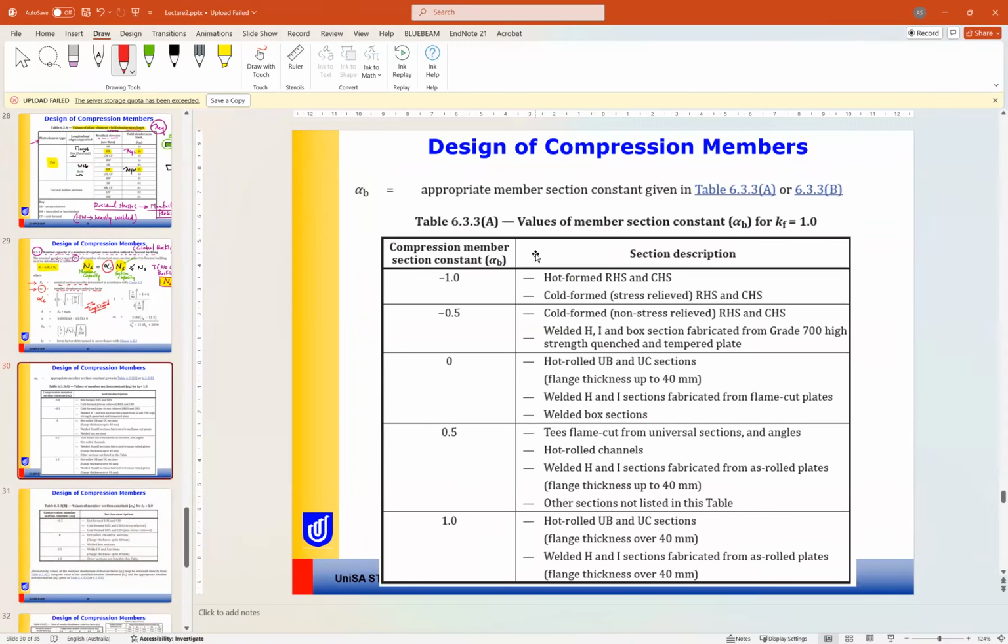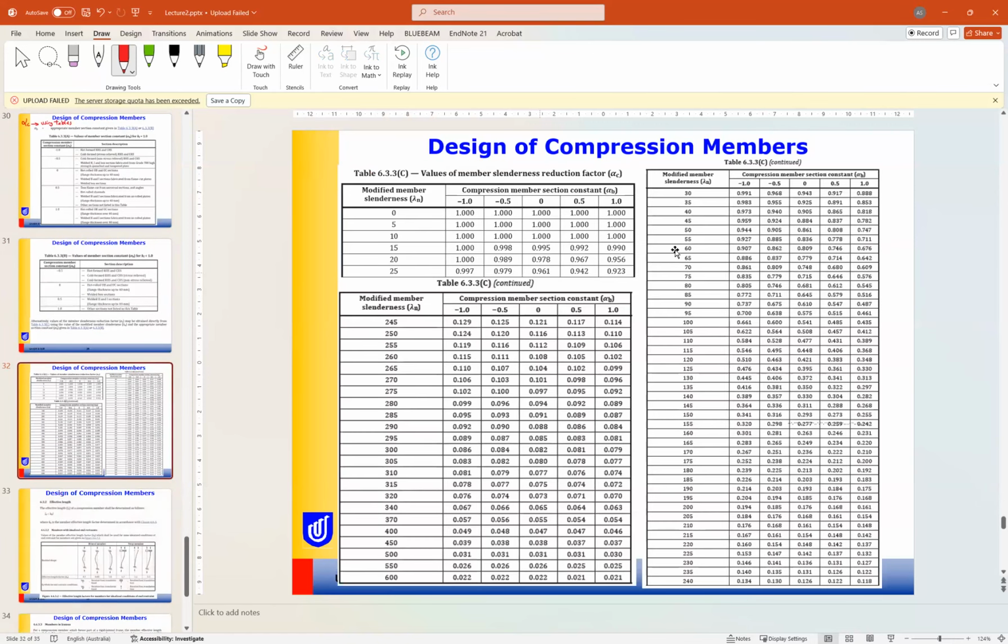We can find alpha C using tables. Here is the value of alpha C. So alpha C can be found using table